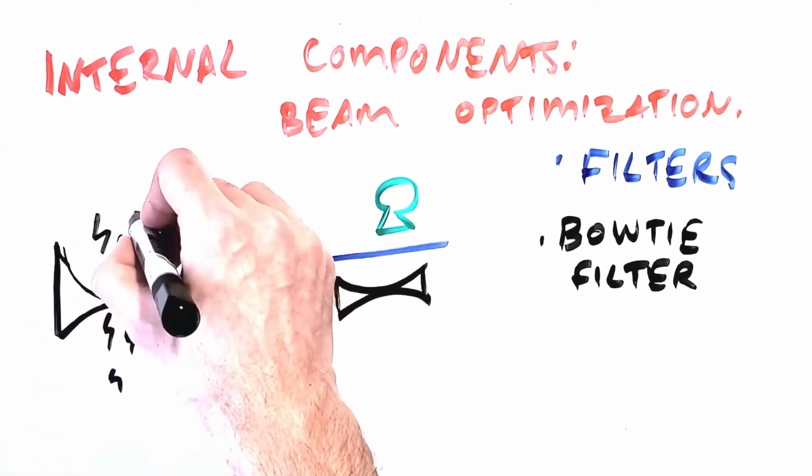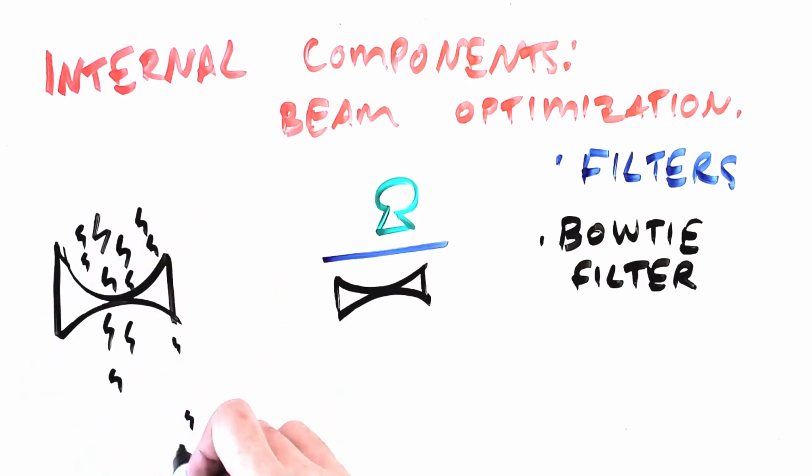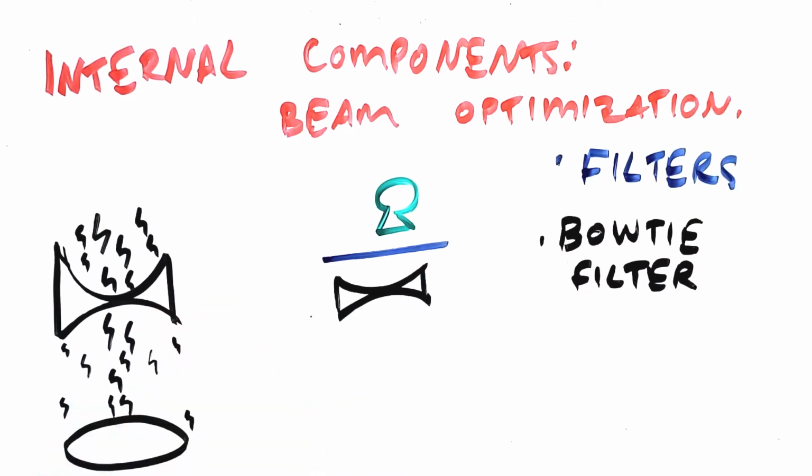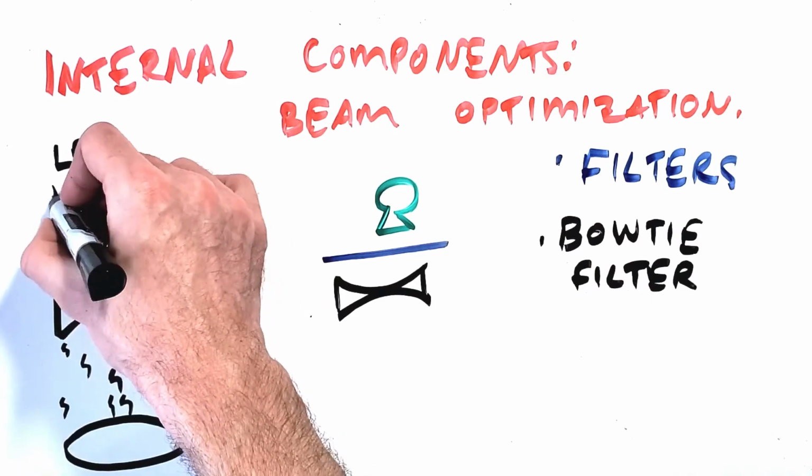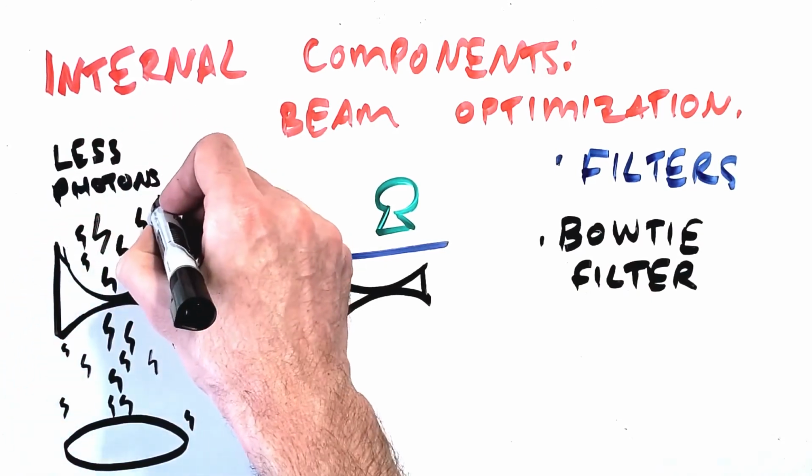This serves to remove a higher number of photons at the edge of the patient where fewer photons are needed, while allowing a higher number of photons to pass through the center of the patient, where the additional beam penetration is required. This leads to a more homogeneous beam exiting the patient, while reducing unnecessary radiation dose to the patient's